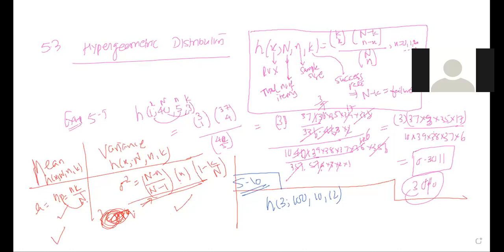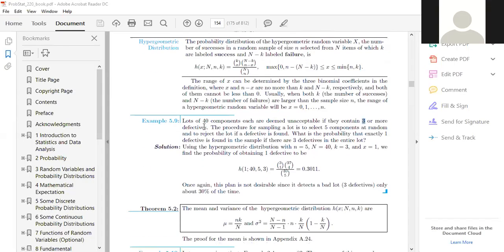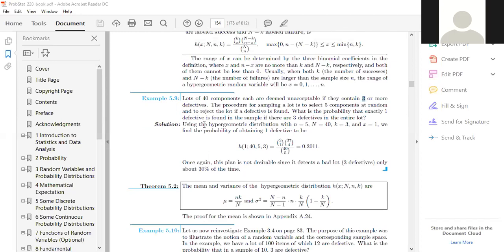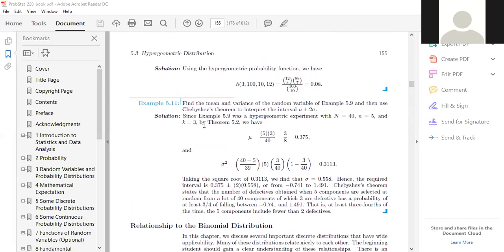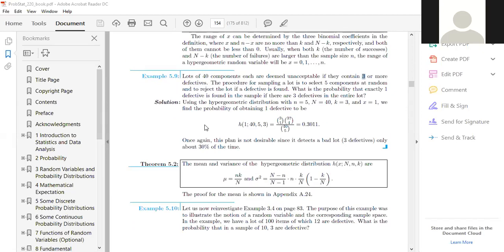So in the folder, now stop sharing and let's go to the book. Look at here, guys. It says that, let us now, example 5.10, let us now reinvestigate example 3.4 on page 83. I don't know what it says, page 83, 3.4, long back, right? Example 3.4 on page 83 that says that